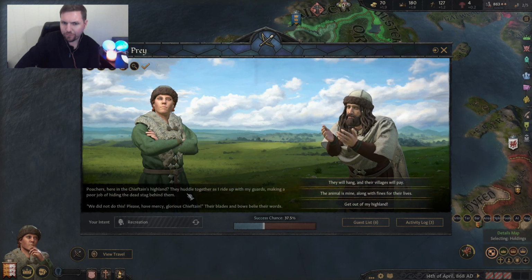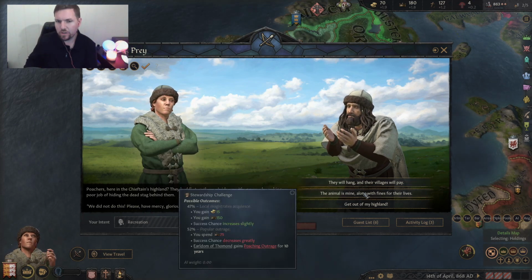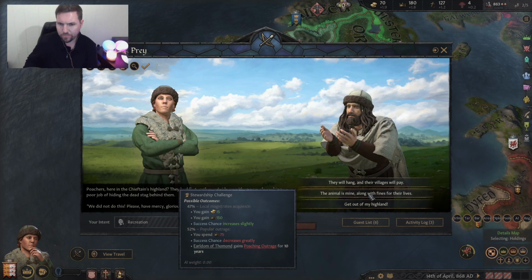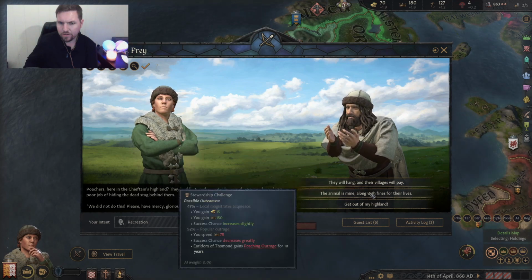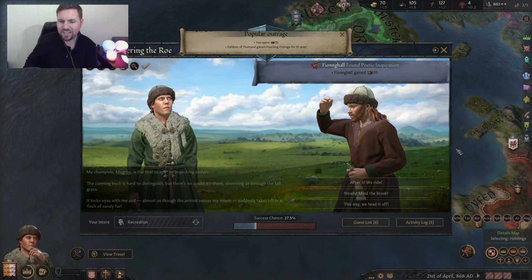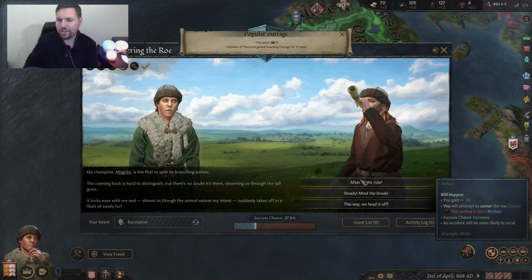All right, so we have a couple of poachers. We can either hang them, or we can go through a stewardship challenge. I can gain a lot by doing that. It looks like I didn't succeed. It's a bummer. All right, so we can either chase after it, we can...